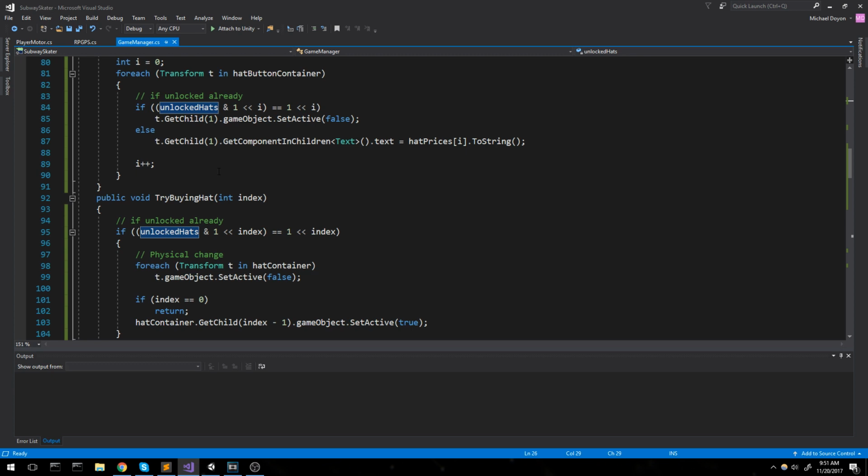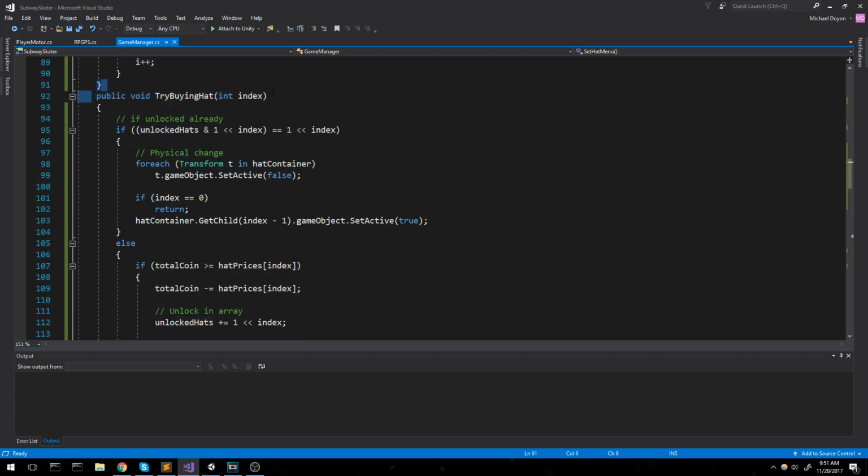So when I buy a hat, I create a function called try buying hat. This is hooked up to my buttons, so if I click on the first one, that's 0, that's no hat. The second one would be the long hat. And now I check if it is unlocked or not by doing this operation right here. I'd like to tell you exactly what's going on behind the scenes, but if you just need to visualize it,